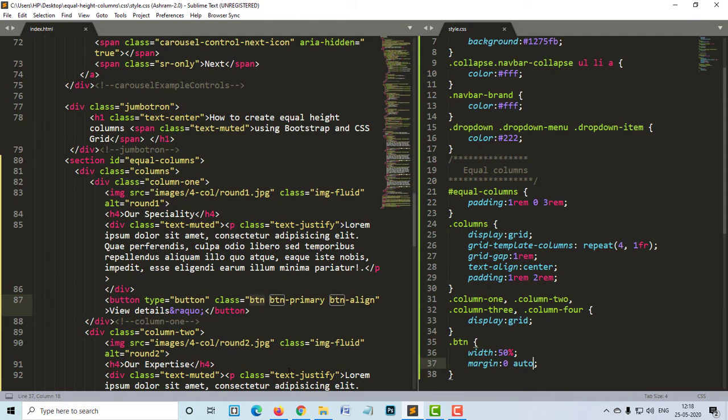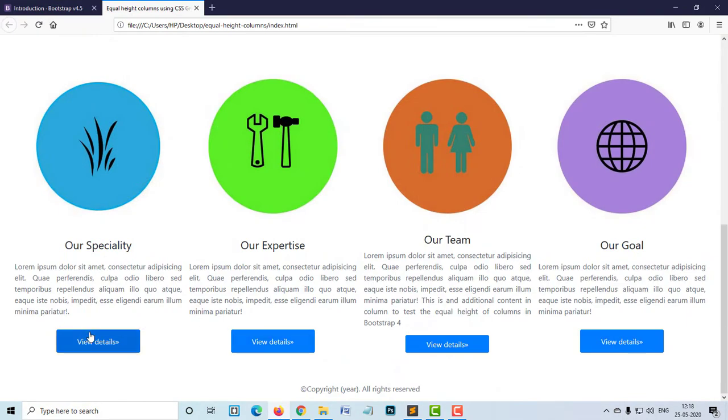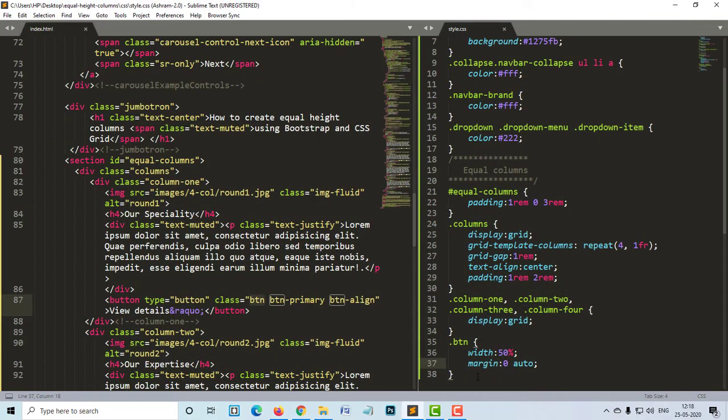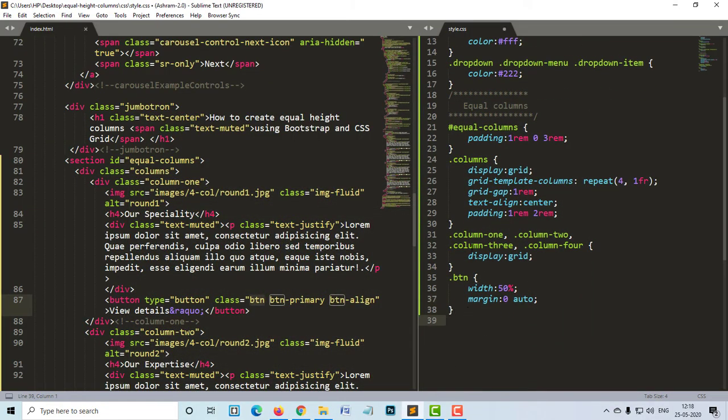So next, you can see in the image here that column 1, column 2 and column 4, the buttons are larger, whereas the column 3, the button is smaller. So we have to target these 3 columns, that is column 1, column 2 and column 4 with the button.